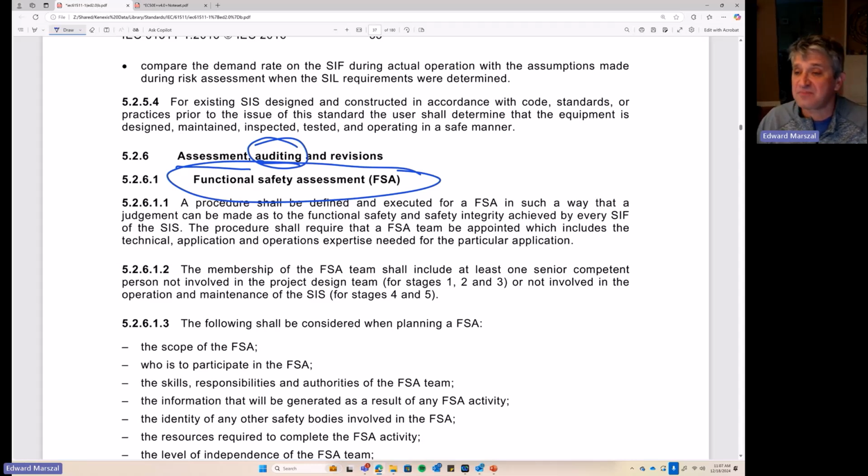Again, key message: don't put human failures in your cell verification calcs. Hopefully I've impressed upon you why that is counterproductive. And a note from the 61511 committee: we are getting rid of any reference to including human beings in the cell verification calculations, because we want them to just be random hardware failures. Human failures are addressed in another way. So that's what I've got for the key part of the presentation.